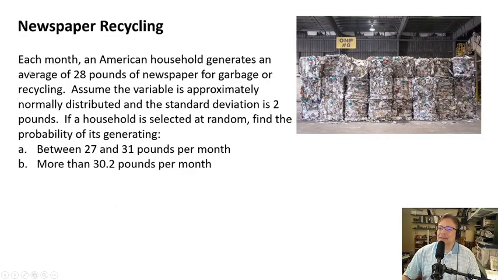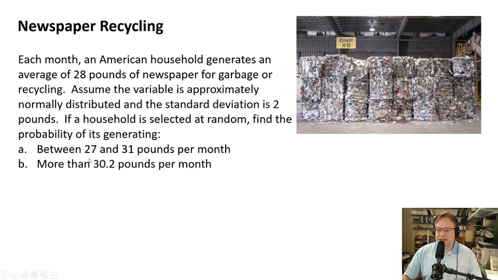Here's another example. Newspaper recycling. Each month, an American household generates an average of 28 pounds of newspaper for garbage or recycling. This might be a little dated. Assume the variable is approximately normally distributed and the standard deviation is 2 pounds. If a household is selected at random, find the probability of its generating between 27 and 31 pounds